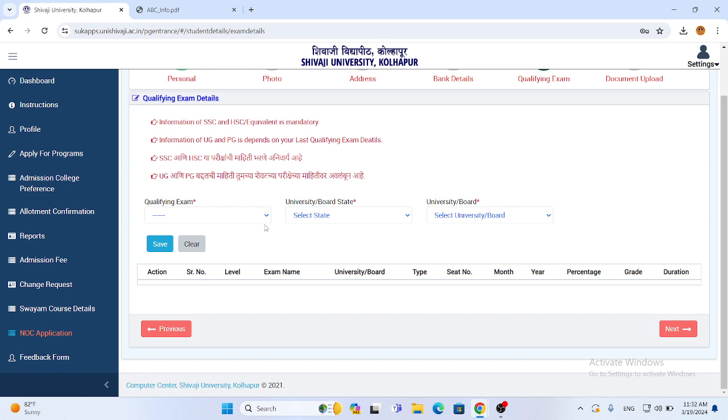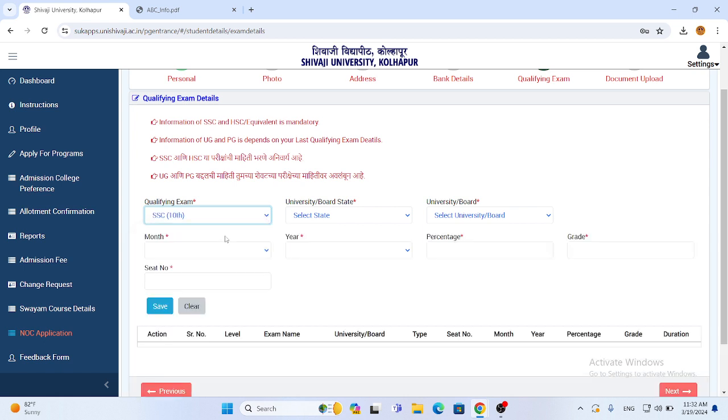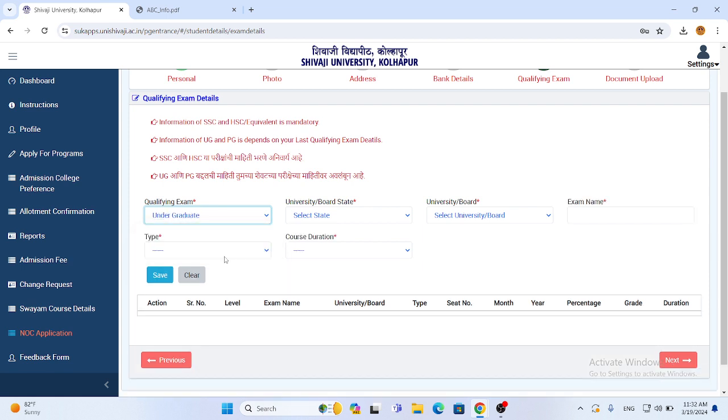Likewise, start filling in this qualifying exam detail. First select SSC, then select board, university, month and year of passing, percentage, grade and seat number of SSC. Again select HSC or diploma, whichever you have completed, mention it here and proceed with filling all the relevant details. Next, you have to fill undergraduate, because for distance MBA the eligibility criterion is just an undergraduate-qualified candidate with minimum